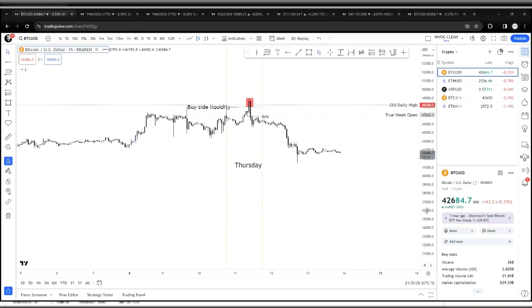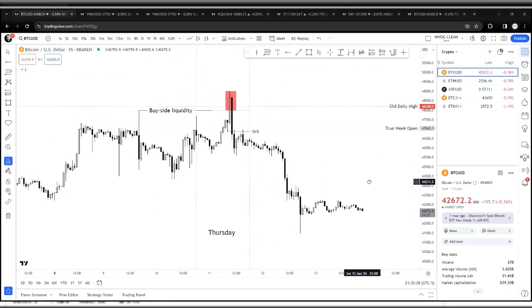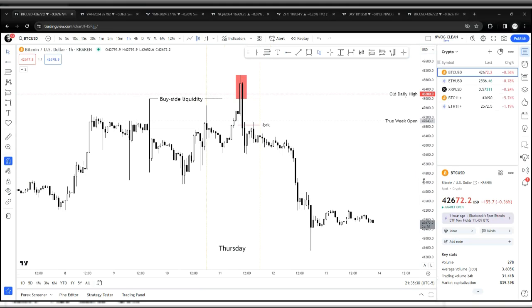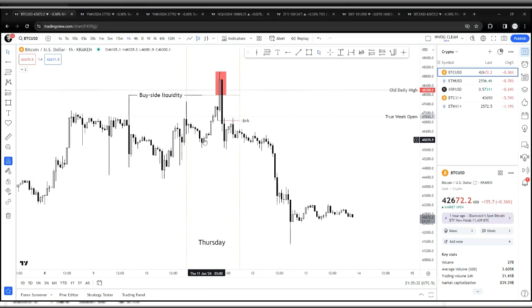So we'll go back down to the 1 hour time frame to investigate a little bit more. So this is the old daily high that we annotated just now. So you can see Tuesday when we had,